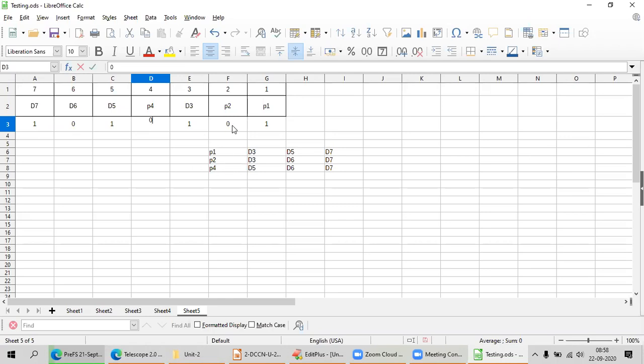Next, he will check the next also. P2 is 0, D3, D6 is 0, D7 is 1. 2 ones, 2 zeros. Okay, even parity. Good, correct. Next, P4 is 0, with D5, D6 and D7: 2 zeros, 2 ones, so even parity. Okay, done, it's correct.